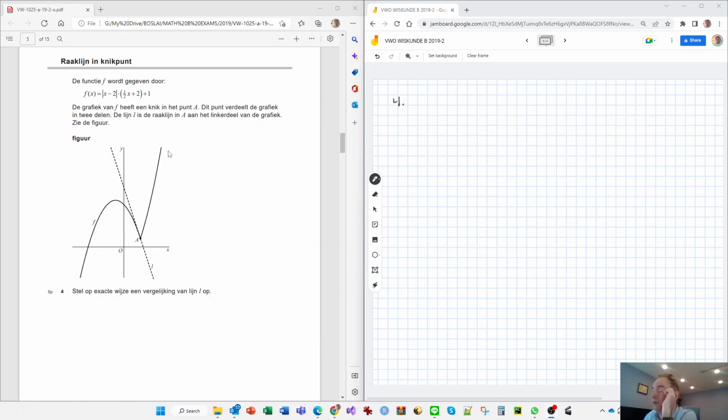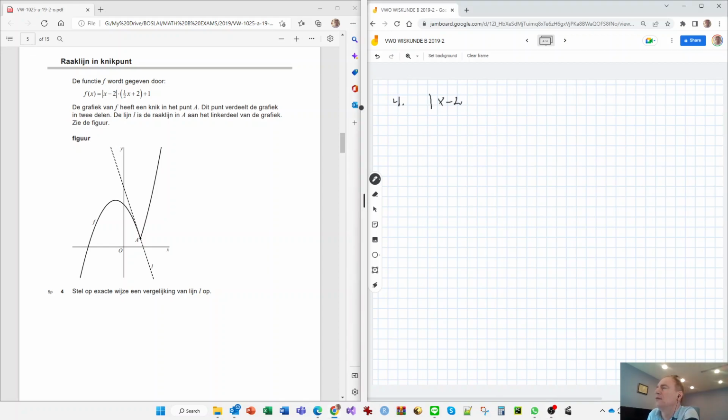Question 4 is about a knikpunt, and that's a point like given here, where the function is continuous, but obviously the derivative is not. I forgot the English name now, but it's clear what is meant by it, and it's of course coming from this nasty absolute value. And working with this, you always have to split it in two scenarios, that this thing is equal to